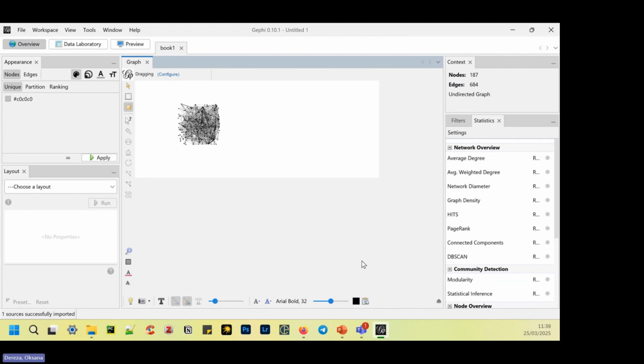So when you just open your graph, it looks something like this. I don't know why it is so small. It shouldn't be. It should be this whole area, but okay. Anyway,